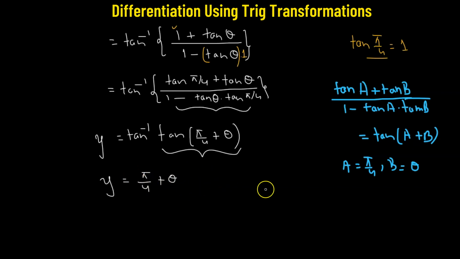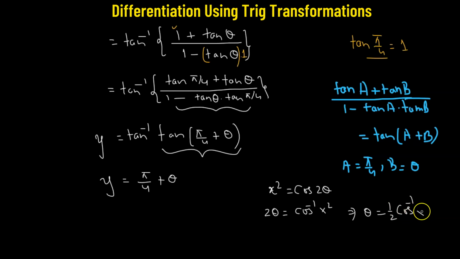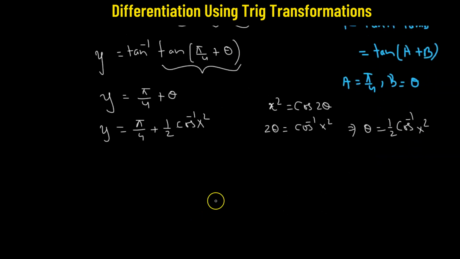To begin with, we started by considering x squared to be equal to cosine of 2 theta. So this means that 2 theta must be equal to cosine inverse of x squared. But we need theta. So theta must be equal to half cosine inverse of x squared. Therefore, we can say y will be equal to pi over 4 plus half multiplied by cosine inverse of x squared. Now all we have to do is find the derivative on both sides with respect to x. So we have derivative of y with respect to x equals